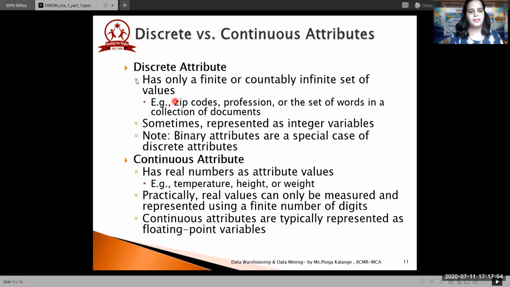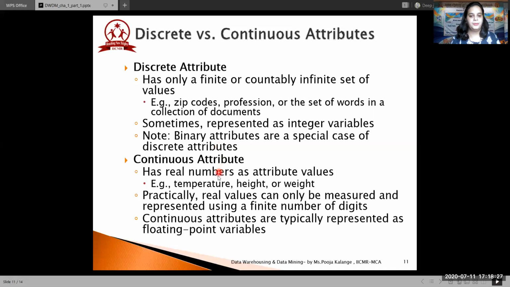Now the next two attributes which are important are discrete and continuous. You understand the meaning of discrete is finite, which could be countable, and continuous means what? Which is not countable for you. So you can just remember discrete attribute is finite and it could be easily counted. For example, zip code, a profession, some set of words, some documents or some numbers which you can count. So these are nothing but discrete attributes. Discrete attributes are always represented by means of integer values, okay? But binary attributes are only represented in two forms, either 0 or 1.